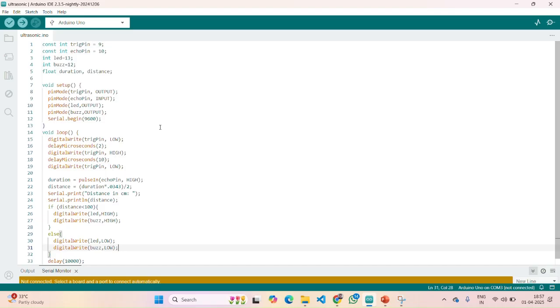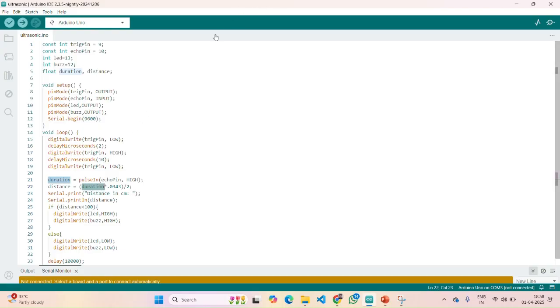Again, I am explaining, listen carefully. This echo pin works based on the sound waves. And since we are working with waves, there will be a pulse value. So we are going to work with the pulsing function. We are going to fluctuate the trig pin and obtain those pulses. Since we consider the echo pin as input, from the echo pin we are making it high so that we will get the duration, and we are multiplying the duration with respect to